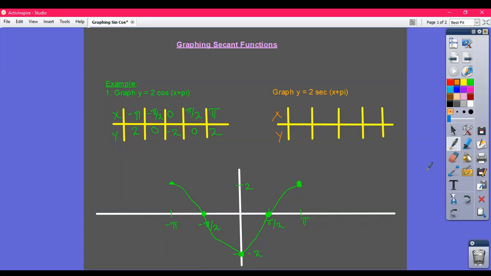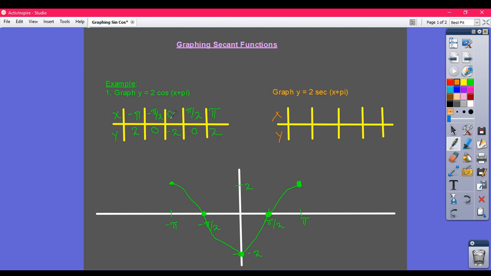Right, so I'm going to show you how to graph secant functions by using your cosine function. Let's say they ask you to graph y equals 2 secant (x plus pi). Instead, you're going to graph y equals 2 times cosine (x plus pi). Remember that I already did a video on cosine, so I'm just using that same function itself,